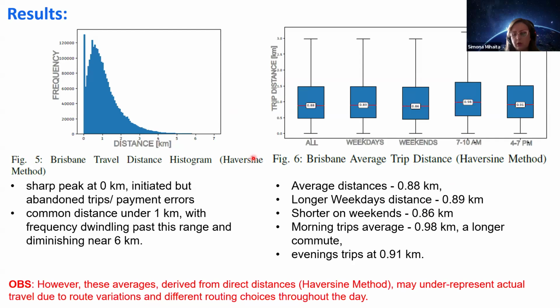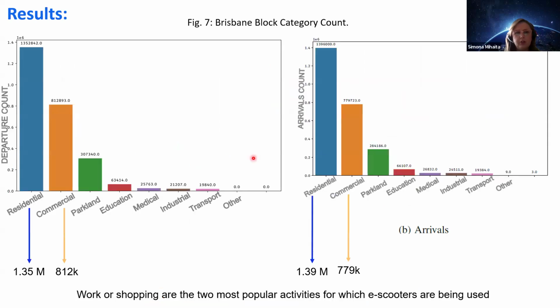We also want to note that our calculation method is based on the Haversine method, and this might be very rough. I think these numbers might look a little different if we had GPS points. Now, because of that, we can start to cluster and classify the activities for different needs. For example, if we separate these trips for residential access, there's definitely the majority of the trips, 1.35 million departures versus 1.39 million arrival points.